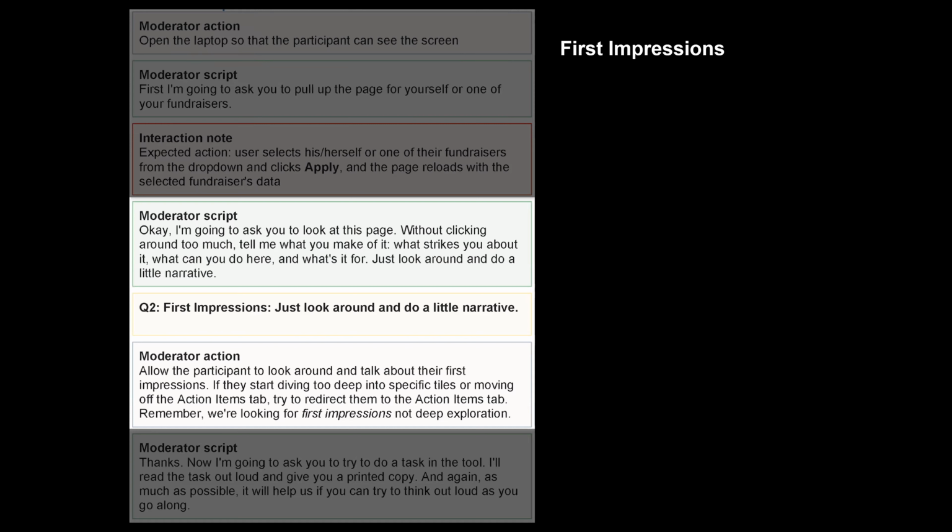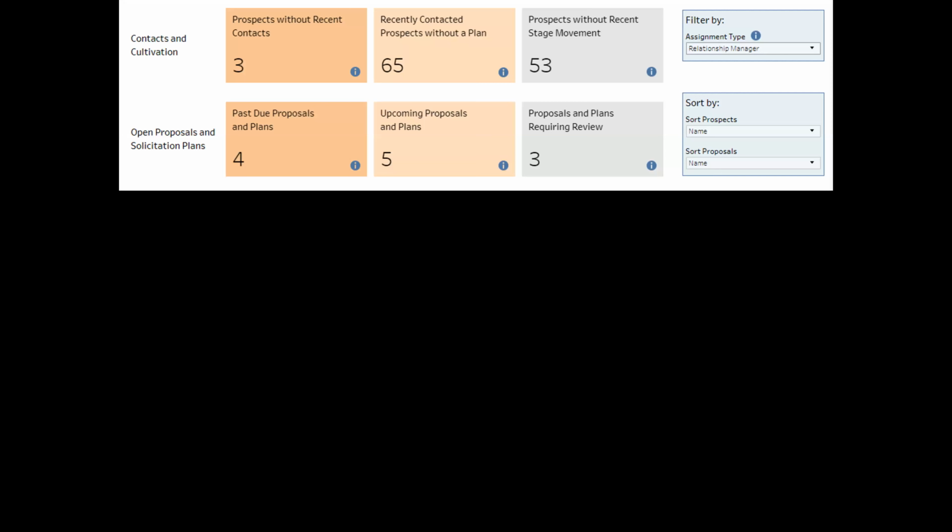So in a case where they're having trouble, where they see a big chart and they're like, I don't know what to do with this, you want to reach out and guide them through it. What is that number telling you? What does that dot mean? Get them to talk about the dashboard so that they are actually interpreting and understanding it, so that we can do the rest of the test, which is whether the terminology and everything else is intuitive and easy to use.